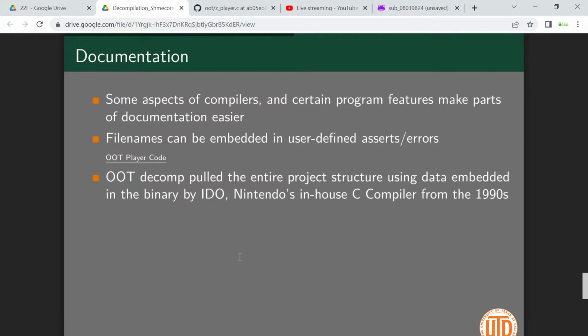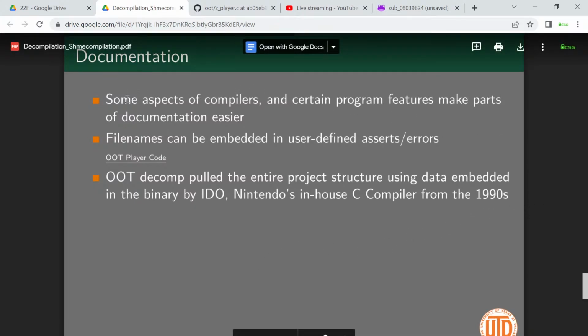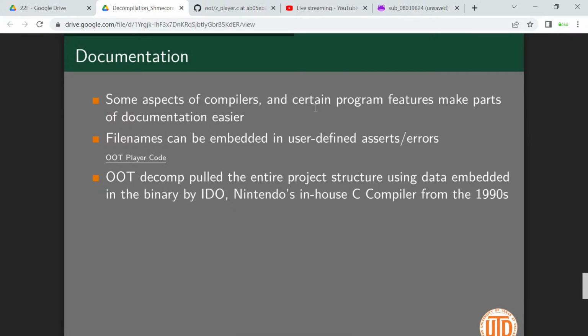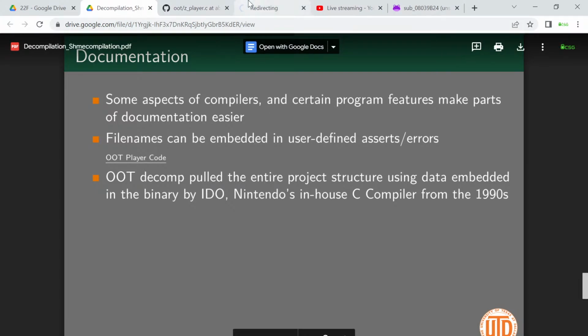More on documentation. Some aspects of compilers and certain program features make parts of documentation a lot easier. For program features,